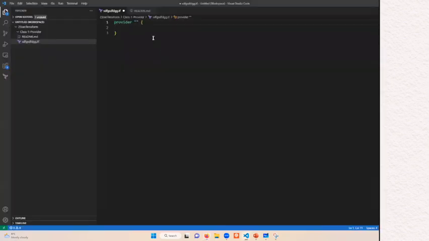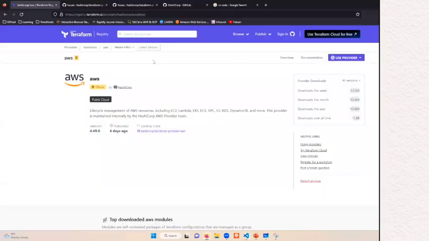So you go and write A. This is your provider block. Okay, so what else can go inside my provider block? I will show you. So now, as soon as you land on the AWS provider landing page, there is